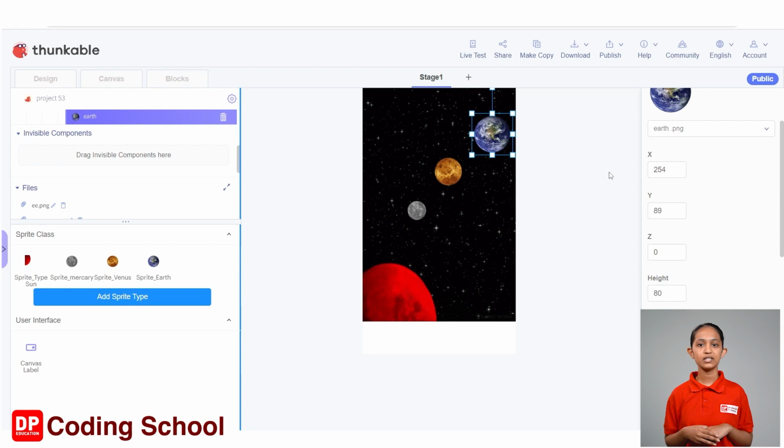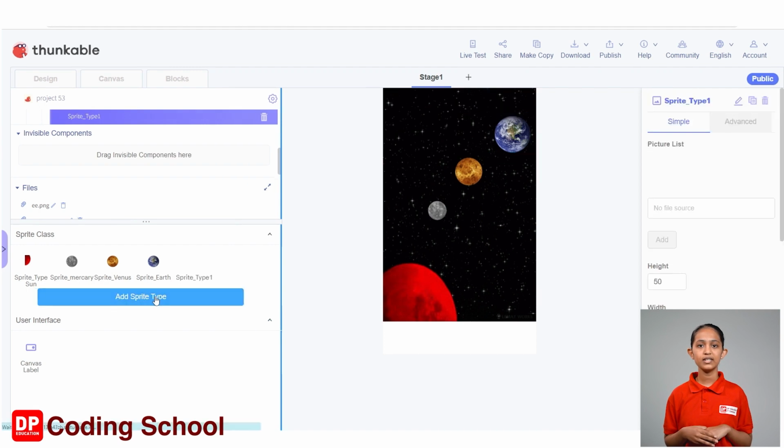We need to add another sprite type to this canvas. Next, click the Add Sprite Type button under the sprite class and add another sprite type. Let's rename this sprite type to Sprite Labels Time. Also, it is necessary to add pictures to this sprite type. I click on the box below this picture list and select the